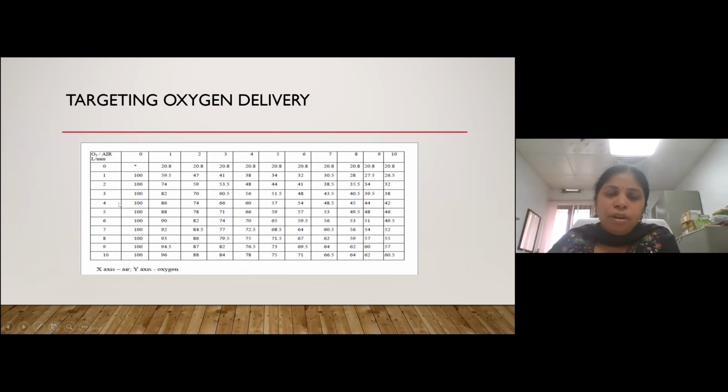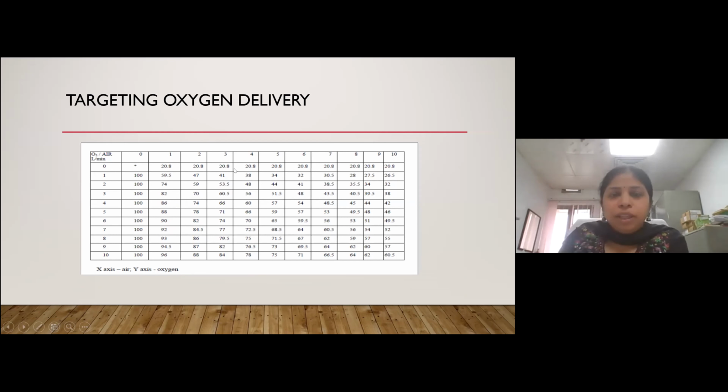This chart I have included for targeting FiO2. So if we give the FiO2 through a high flow system or through a BiPAP machine or CPAP machine or ventilator, then they have an integrated blender and mixing in that, so that we can control and monitor FiO2. But if you don't have a blender, then through the oxygen and air port, we can adjust the flow, and then we can target the FiO2.